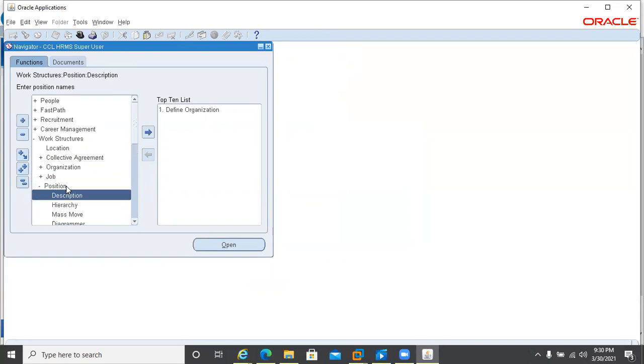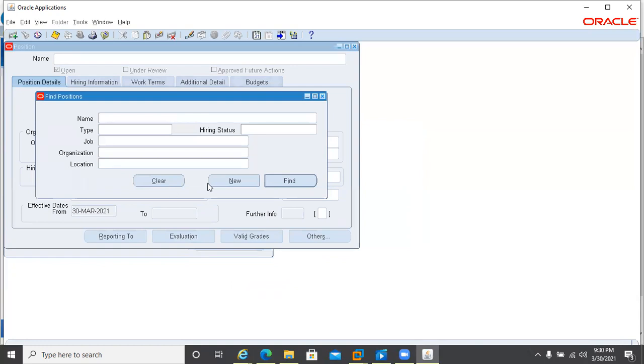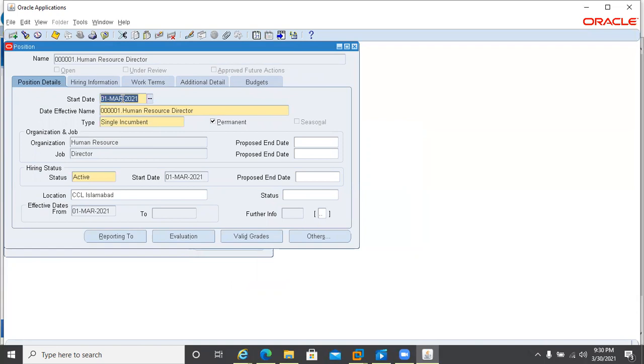Let me now come to the position. Okay. And let me see how many positions you have already created. Let me click on find. Directly, this is the one which we created yesterday. This is the second you created today. Okay, 5001 human resource. You created the same. Yes, same human resource, yes, same with a different employee code.